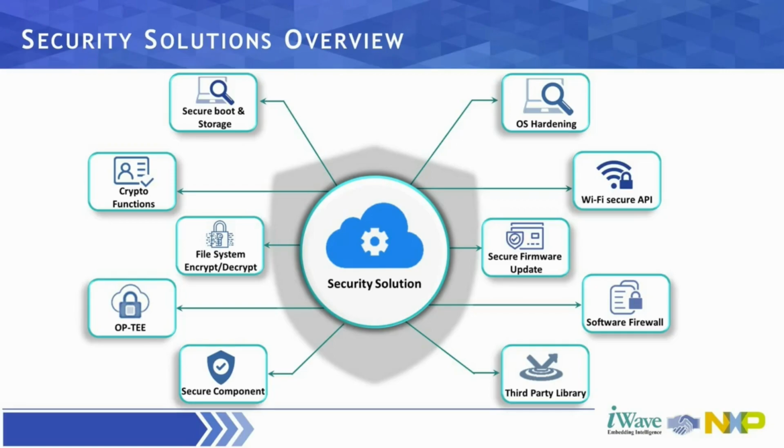The crypto function takes an arbitrary amount of data input and produces a fixed amount of enciphered text called a hash value. The hash value is then stored instead of the password. So instead of having just a password to verify the user, the hash created by the crypto function is a much stronger way to secure your system. The file system encrypt and decrypt is another term for secure data storage, where the file system partitions are encrypted during flashing and decrypted during booting, such that no one externally can access the data.